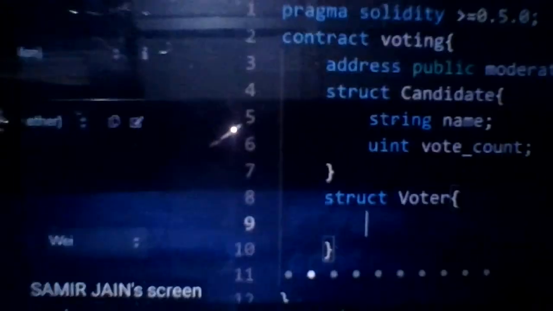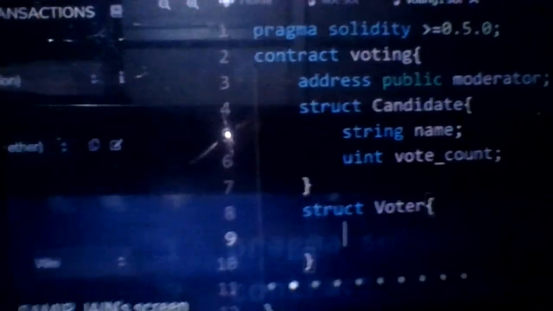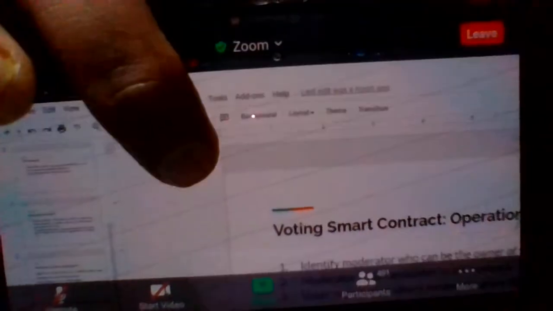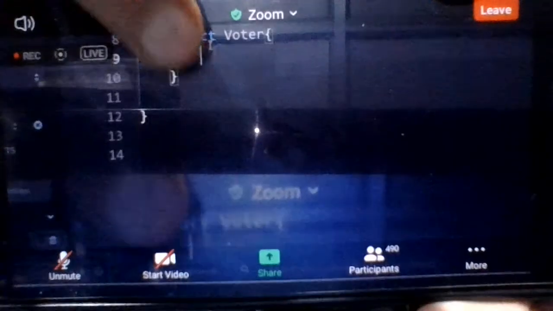As I have already discussed in the presentation, there should be a policy on whether that person can vote or cannot vote.